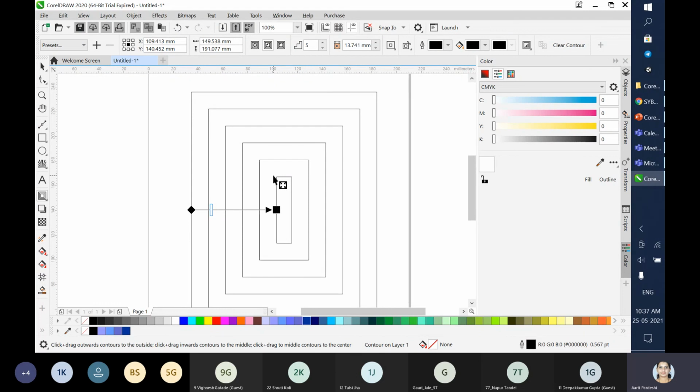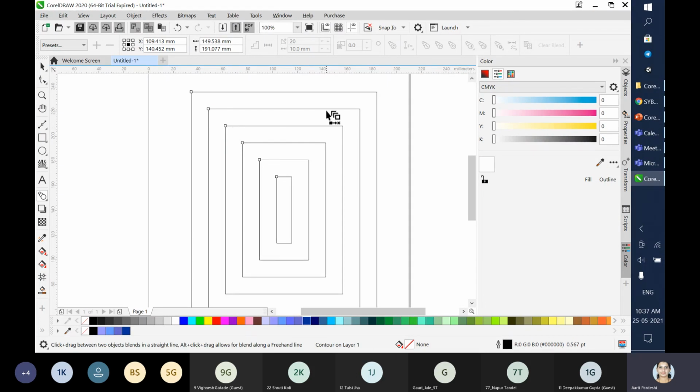So using a circle you can create all these contours. You can make all of these, and it's an amazing thing. So how does this option look? It looks like this. Within one you will be able to see a series of all those same objects. So that is contour. So that's it for today's lecture which I wanted to show you. If you have any doubt regarding